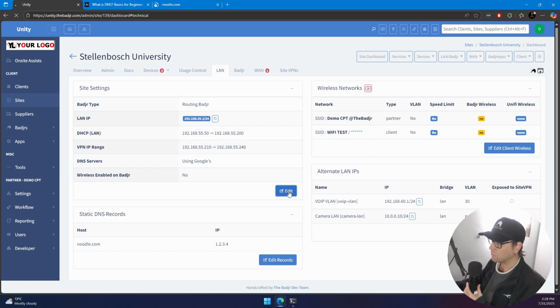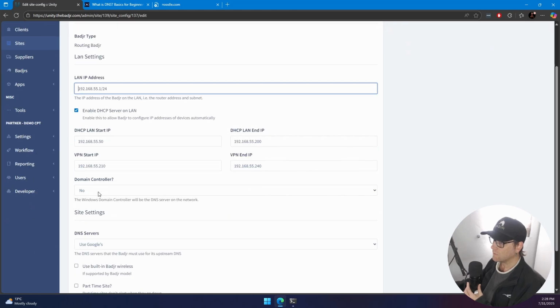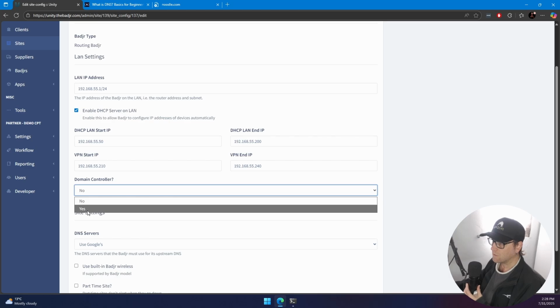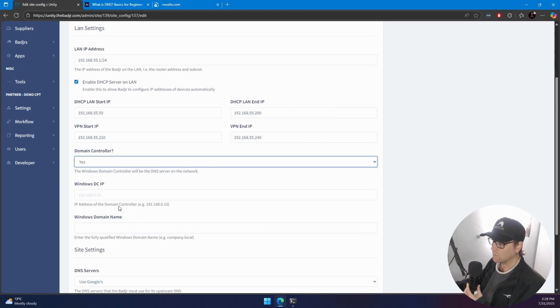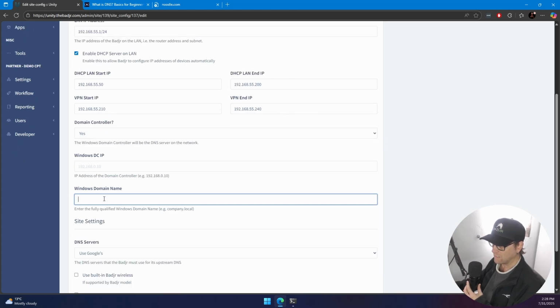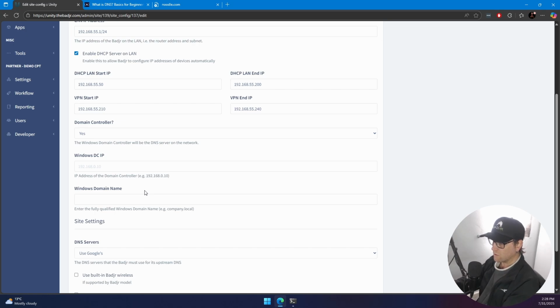And you won't see it here, but if you go into edit, you'll see here, is there a domain controller on site? It asks you that question. You say yes, and it will ask you what the local IP address is of the Windows domain controller and what the domain name is. If you enable these, that means that your Windows DC becomes the primary DNS server for your network. So when devices are doing DNS lookups, they're going to ask the local Windows domain controller